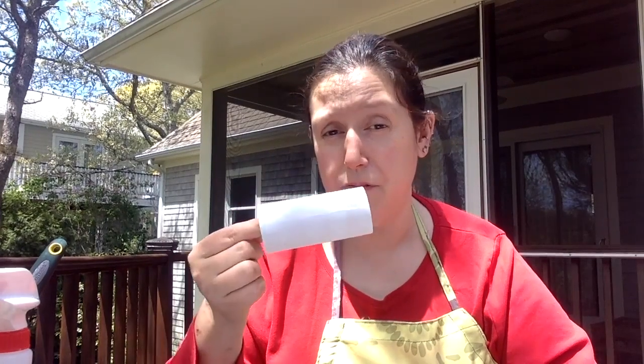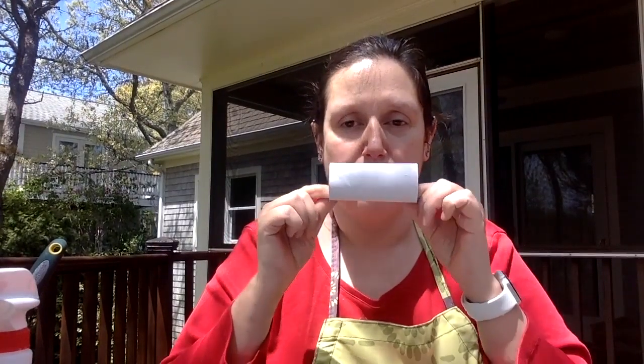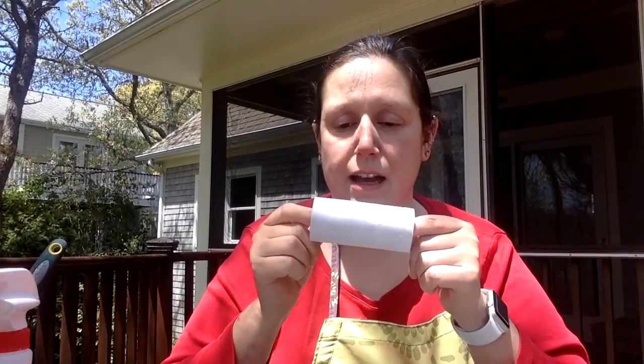Today for Crafternoon, I'm going to show you how to start seeds in cardboard tubes. So if you saw the Crafternoon I did about making a bird feeder from one of these, we're doing another outdoor activity with these guys. Very handy supply. These are just cardboard tubes from a toilet paper roll. You can also, for this project, use a tube from a paper towel roll. You are going to be trimming these, so you'll need to trim that down as well. And what we're going to do is make a little cup from it and put some soil in it and